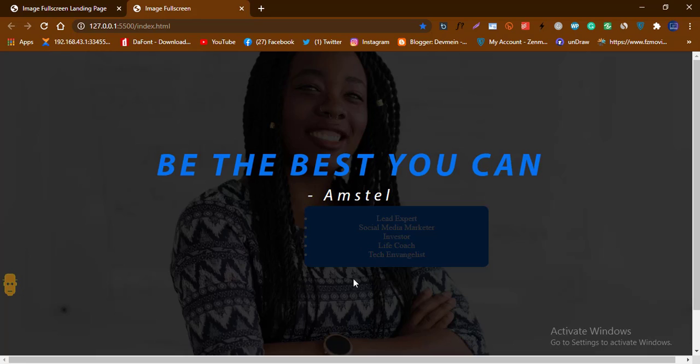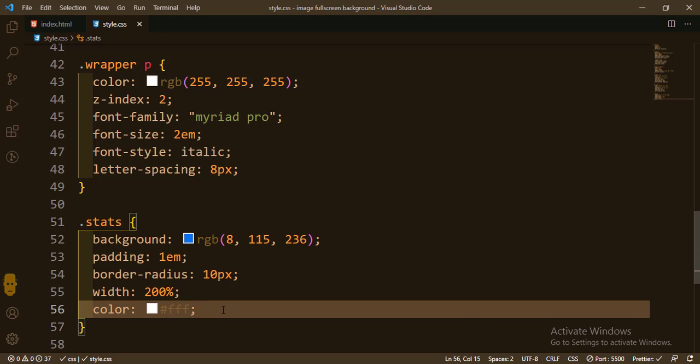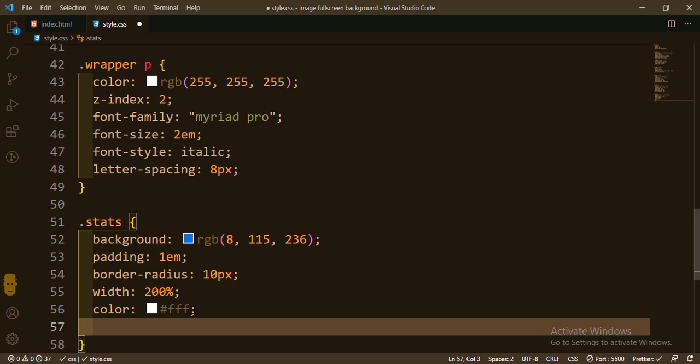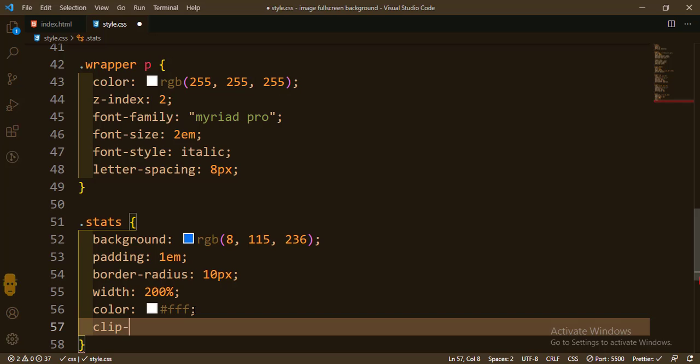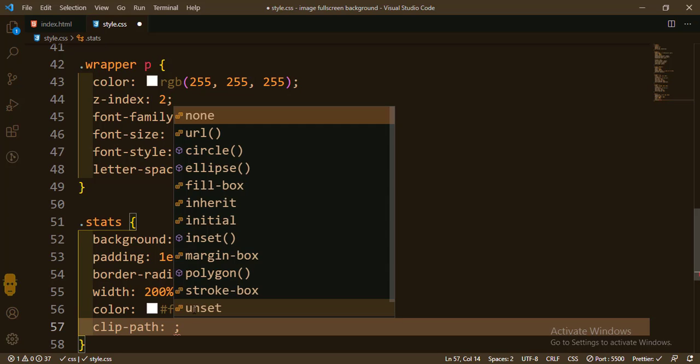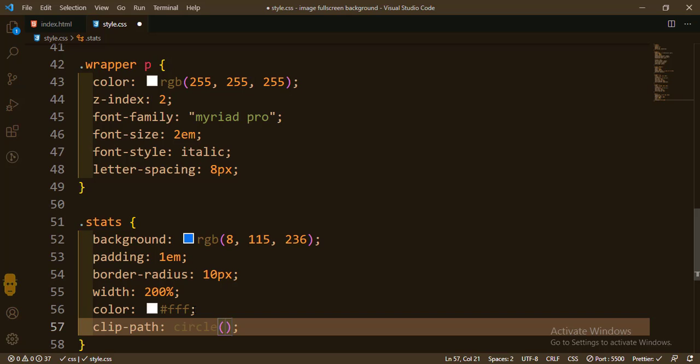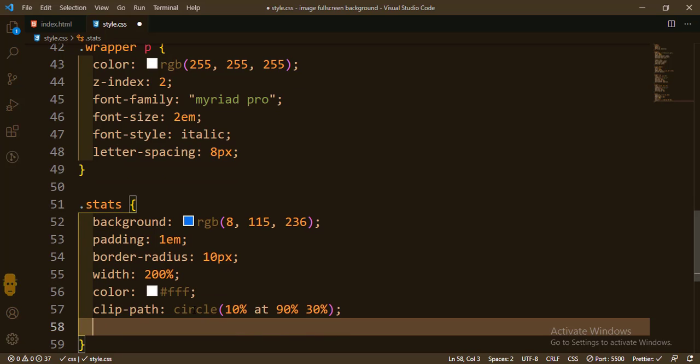So what I'm going to do next is I'm going to add a clip path. A clip path of circle. Circle, we are going to use 10% at 90%, at 30%. Okay, so inside this we are going to do